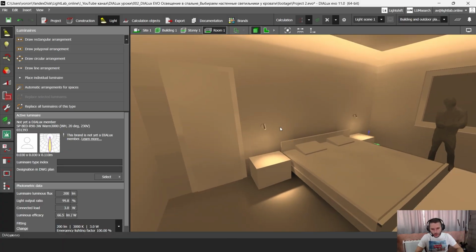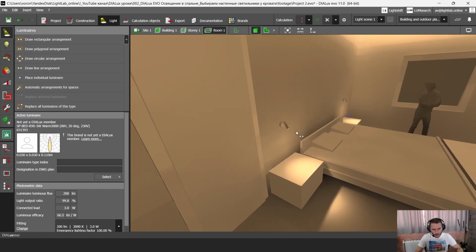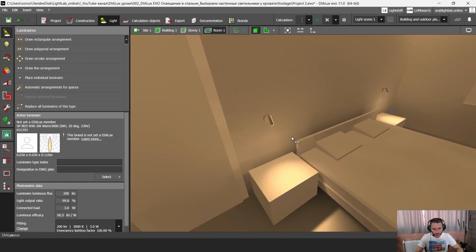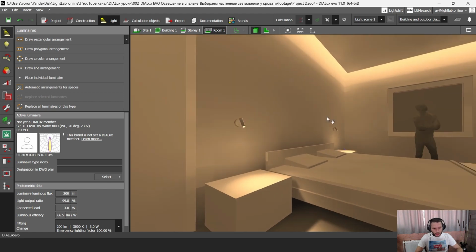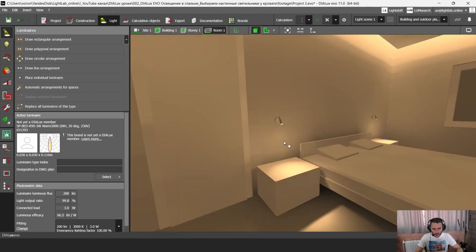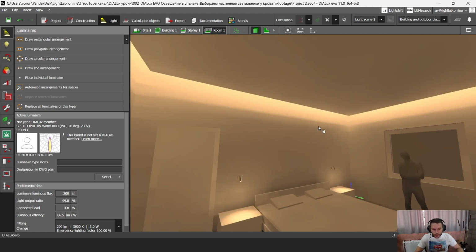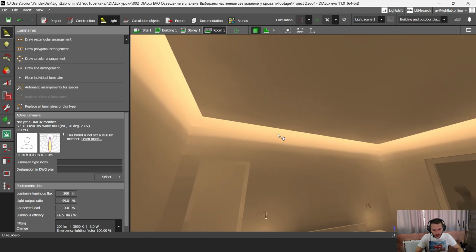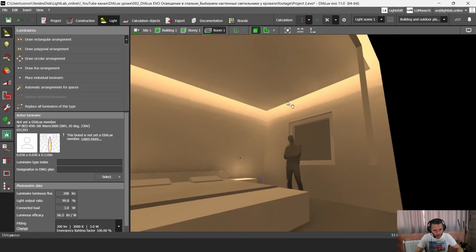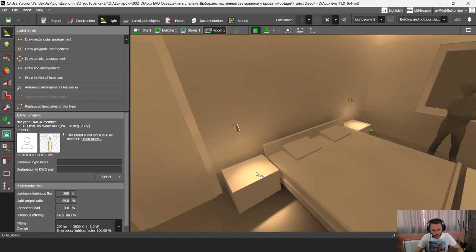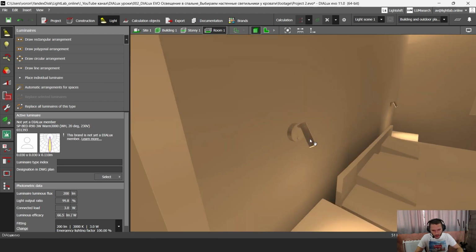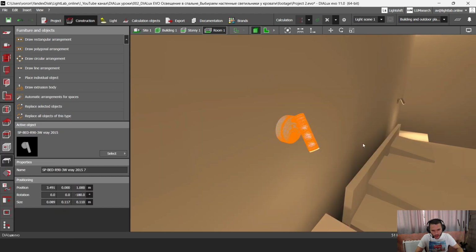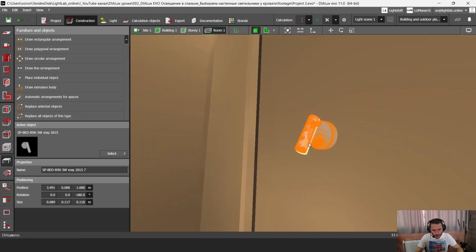In this video I'm going to show you how to make this bed lighting calculation in DIALux EVO. In the previous lessons I showed you how to make this smooth and soft cove lighting in the bedroom. In this video I'm going to show you how to make these bed lights with photometric files and also with